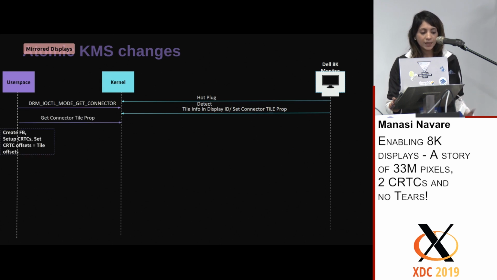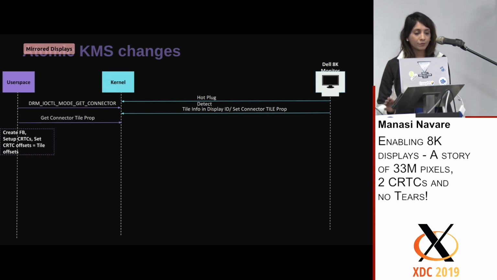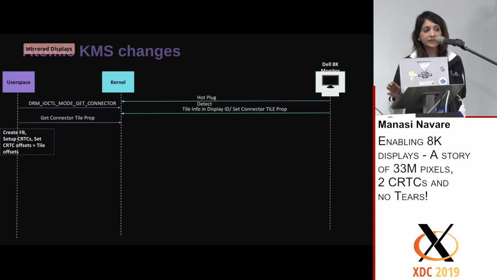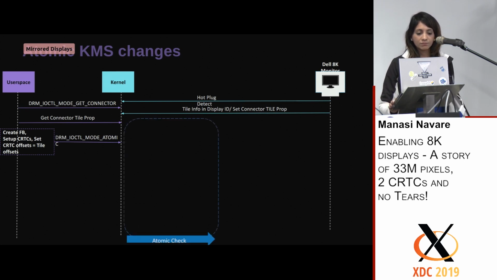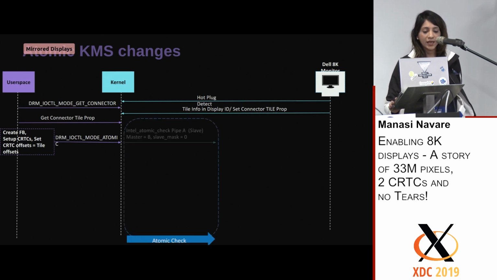User space reads the tile property and creates the frame buffer based on the tile information, sets up the two CRTCs or more if there are multiple tiles, and then it sets up the CRTC offsets based on the tile offsets. And then all it has to do is call the atomic mode set, and then everything else happens in the kernel. So in the kernel, like I explained, first is the atomic check, where we had to make a lot